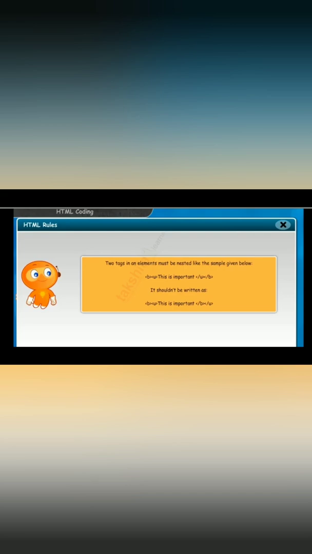After closing underline, then bold, that is the correct one. If we start the bold tag and inside it the underline tag is there, then firstly we have to close the underline tag, then we have to close the bold tag. Okay, this is the rule of HTML.